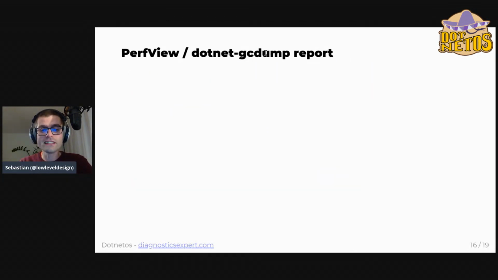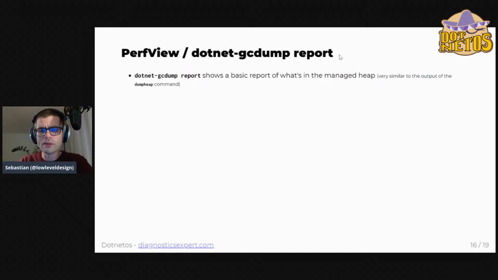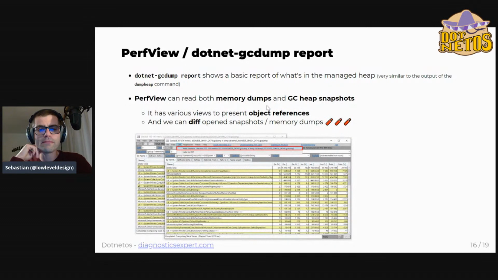For analyzing the GC heap snapshots, we can use PerfView or dotnet-gcdump report. Although dotnet-gcdump report is quite basic, the output is very similar to the dumpheap -stat command. So maybe it can help to simply look at what's in the heap. But the best tool, apart from, of course, Visual Studio that I just mentioned, for analyzing the GC heap snapshot is PerfView,